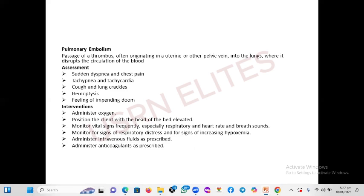Now, for those who have watched my class on cardio, when you get to deep venous thrombosis, you get to understand that I did talk about Virchow's triad. And in Virchow's triad, we looked at 3 issues that put one at risk of having what we call deep vein thrombosis. You can associate something like hypercoagulability there, and pregnancy is one of the contributing factors to hypercoagulability. And you can equally associate pregnancy, even after delivery,